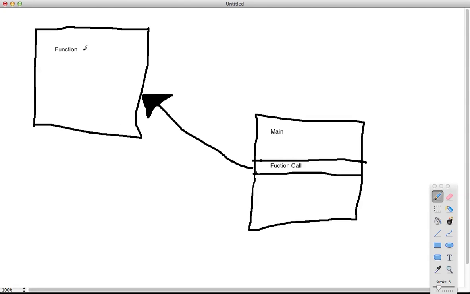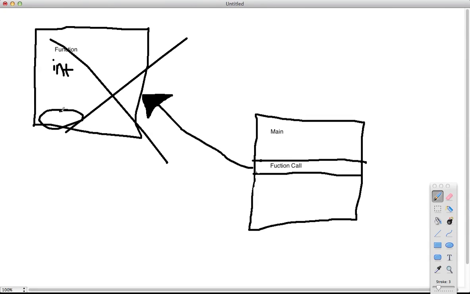And whatever is done within this function gets thrown away basically as soon as you return it. The only thing that's kept is a little return value that goes back into your main program, which is really useful if you're trying to save on memory and